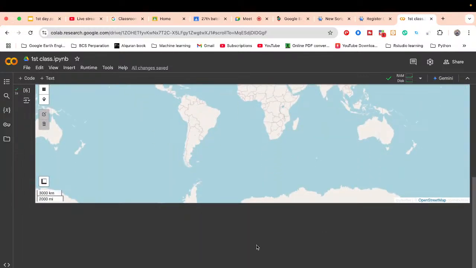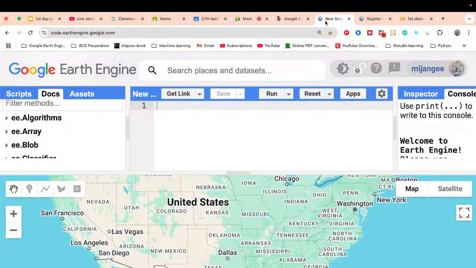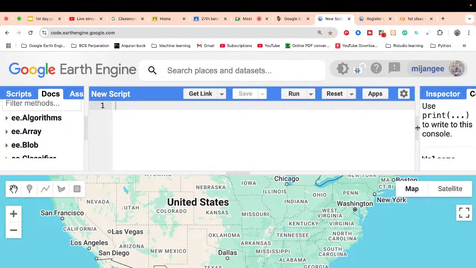Okay, so this is the code editor, mainly for Python, and this is the code editor for JavaScript. Okay, so in this case I try to explain both code editors, and I write the code in Python and JavaScript. Excuse me, maybe I missed your